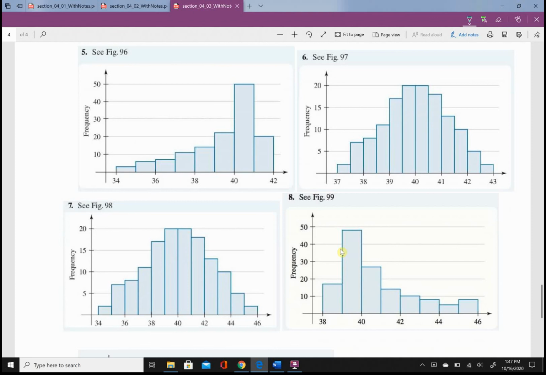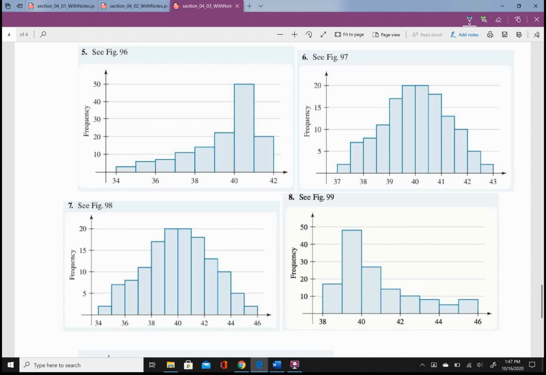In number 5, we have something that appears to be left skewed, whereas number 6 and 7 both look pretty symmetric. They're all unimodal, by the way. I would call all of these unimodal because they only have one hump or one mound. 5 is certainly left skewed. 8 is right skewed for sure. And then 6 and 7 are both